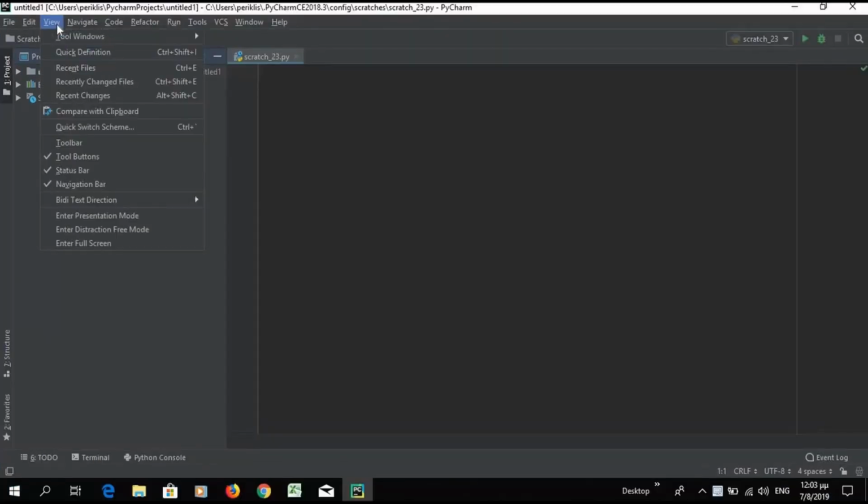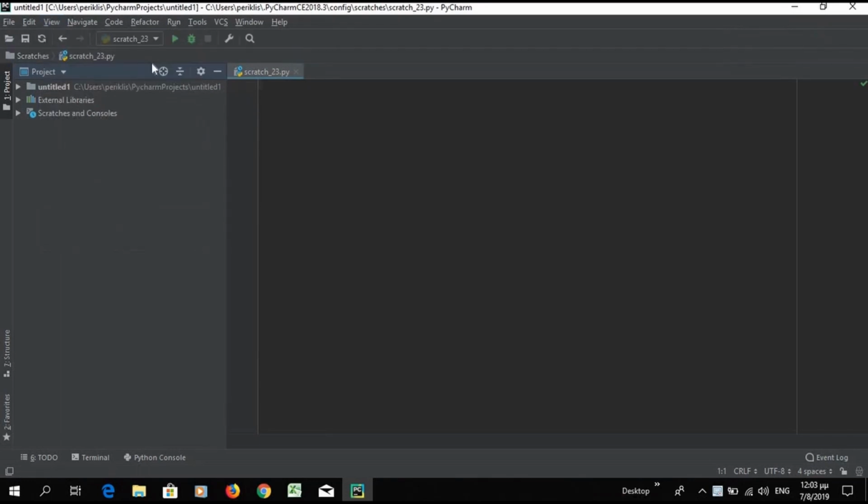Now press View. Has the toolbar been checked? For having the settings available in the ribbon,